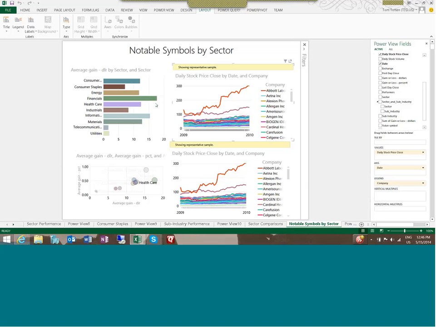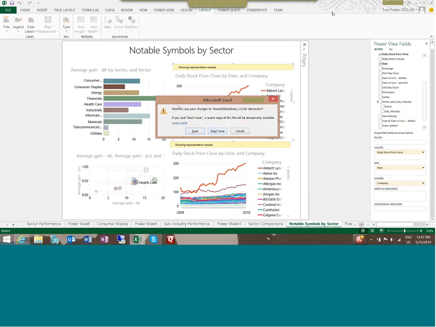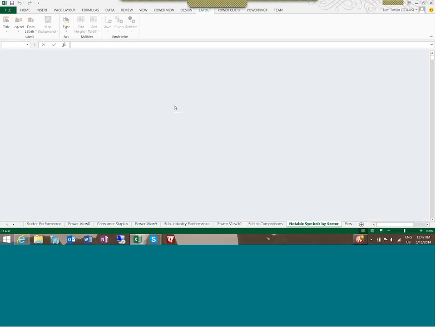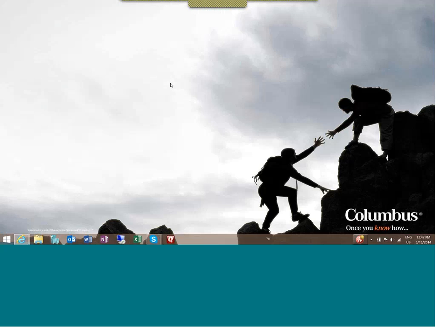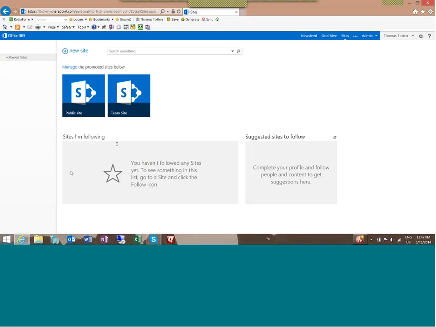Now, we talked earlier about collaborating all of these different reports. So one of the things that is great here is that we can take these reports and publish them out to Power BI in Office 365 and be able to share them with others. So the way that we're going to do that, first I'm just going to close down. Don't need to save that. Close down that workbook, and we're going to go and look at